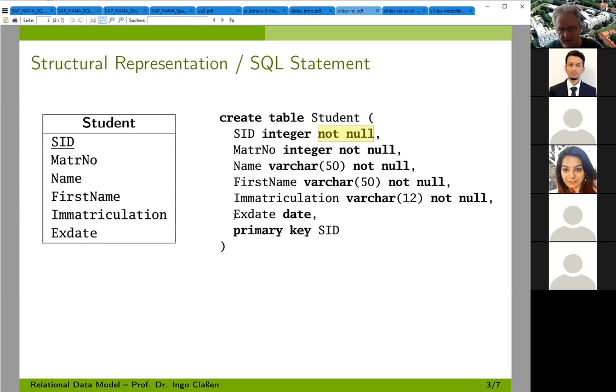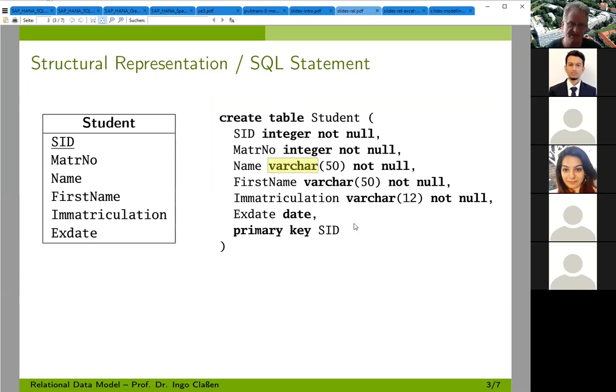The only column that might be empty, that is allowed to be empty, and you see there is no not null constraint here, is the X date, because you must have the possibility to leave it open. And for example, with respect to first name and last name, you not only see that's of